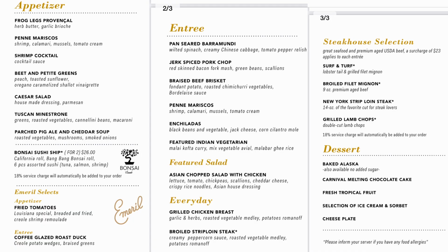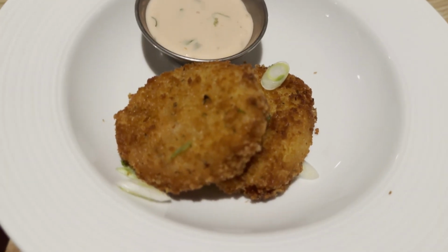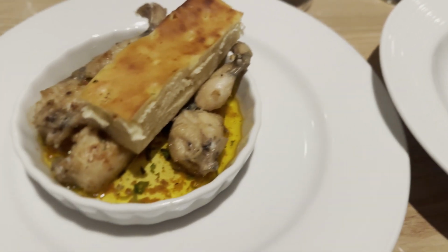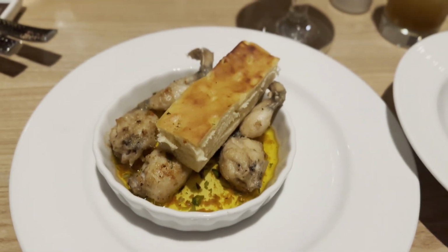We enjoyed one last dinner in the MDR that night. I had the frog legs for my appetizer. The frog legs were really good, a little oily, but still very flavorful. I also decided to try out Emerald Select's app of fried tomatoes. Now, the sauce had a lot of flavor here, and it was really good, but it would have been better